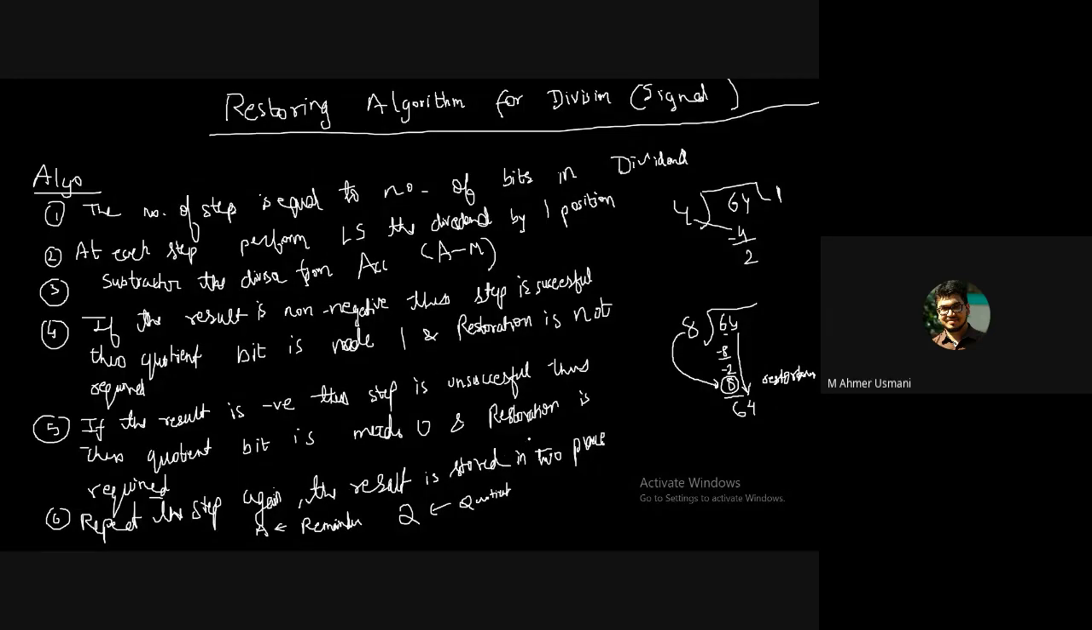Full stop. The result is stored in 2 places. Sorry, my bad. The result is stored in 2 places. One, the remainder is stored in accumulator. 2, the quotient is stored in Q register. Is that clear? ओके सर।